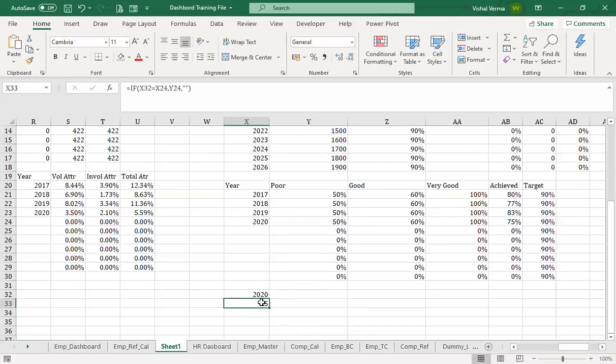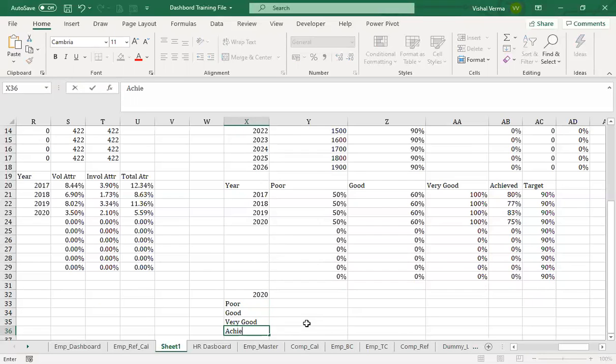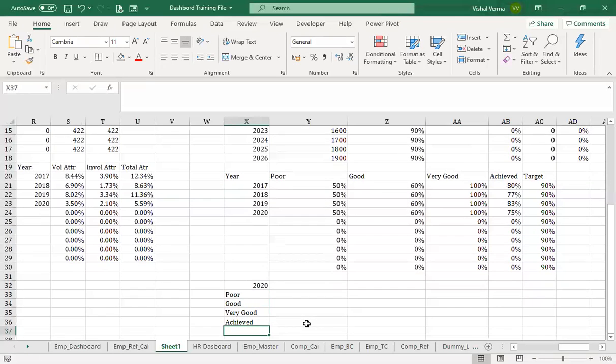So basically what we want here is the poor, then we have the good, very good, then we have the achieved, and then the target. We can make it a dynamic one. We can do that using the INDEX function.